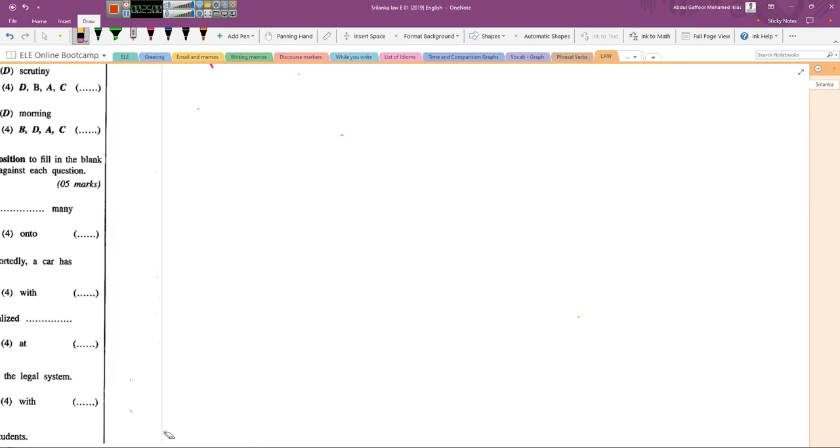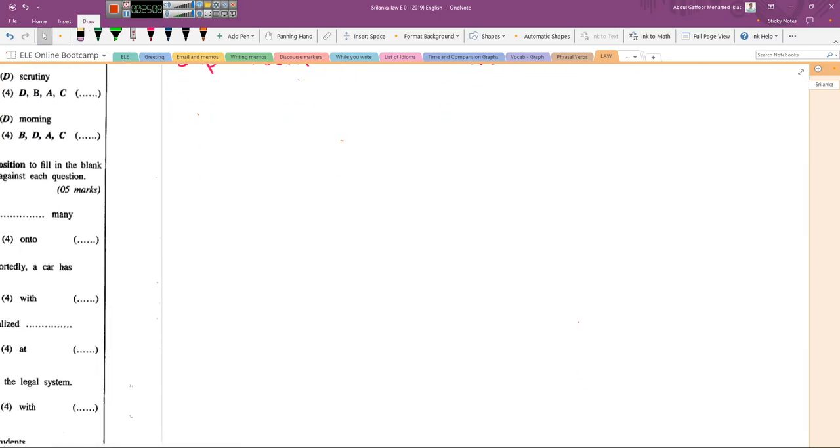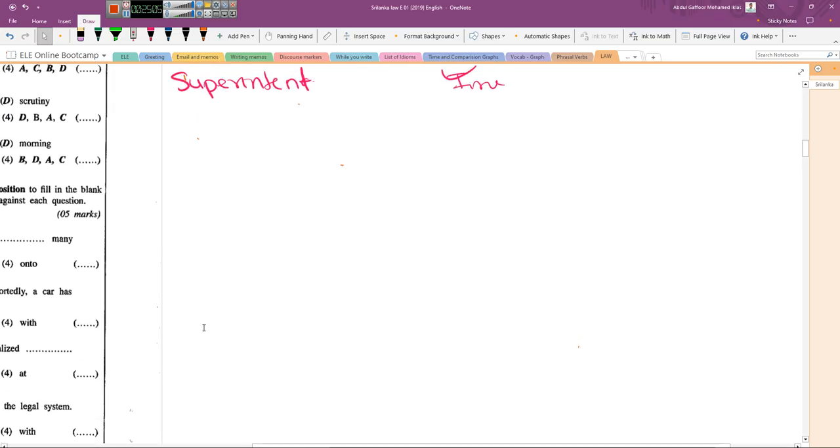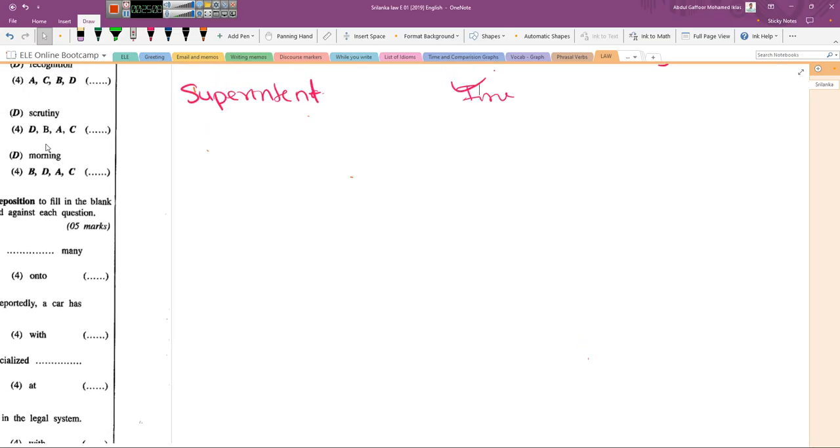Right. Where is that? Superintendent. So superintendent means, yeah, I have just superintendent, right? So this is the correct spelling of superintendent. A superintendent is a person who has a lot of authority and manages and controls an activity, a place, a group of workers, etc. A park superintendent, the superintendent of the school